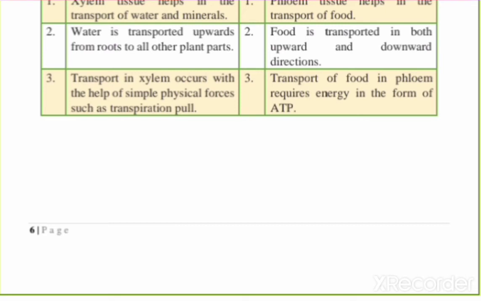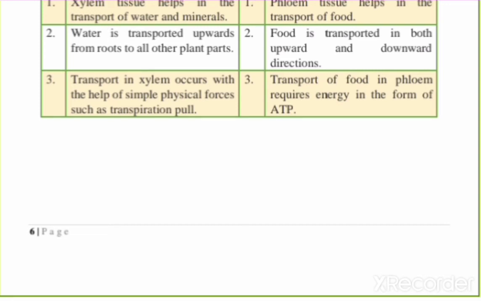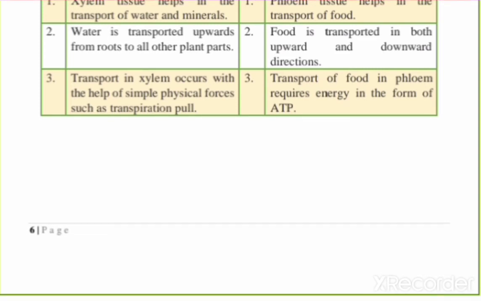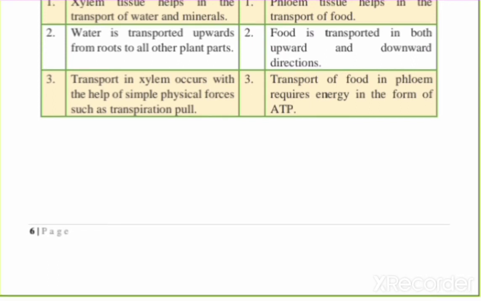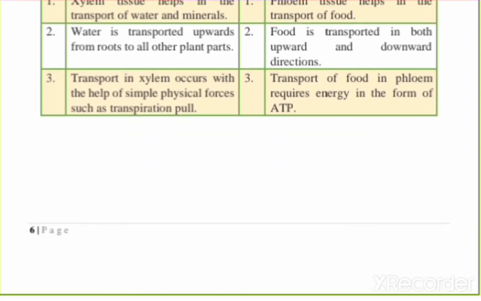Second point, the walls of alveoli are one cell thick and they contain an extensive network of blood capillaries. And in the case of nephron, what is present: glomerulus, Bowman capsule, a long renal tube. It also contains a cluster of thin walled capillaries. Exchange of gases, oxygen and carbon dioxide, takes place with the help of capillaries, and it helps to increase the surface area during gas exchange. And what is the function of nephron?